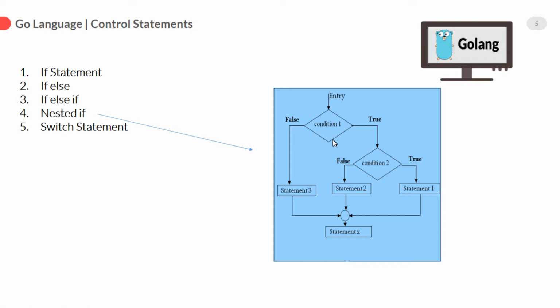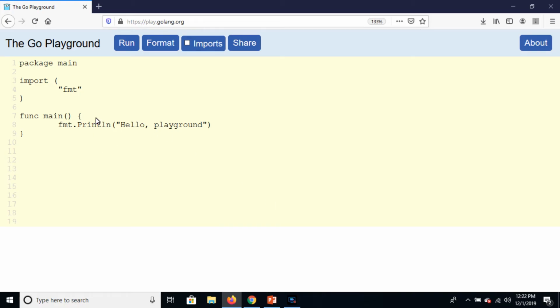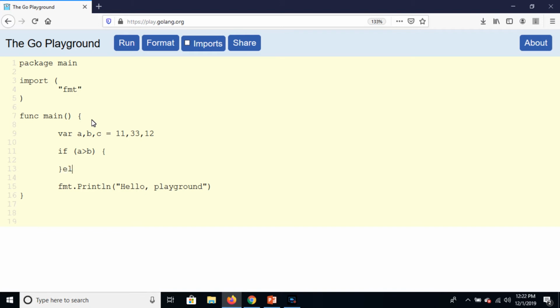By using this flowchart, we are going to make a program to find the greater number out of 3 numbers. First of all, create the variables var a, b and c and assign the values 11, 33, 12, and after that apply an if condition: if a is greater than b, true block, if the condition is true, in else